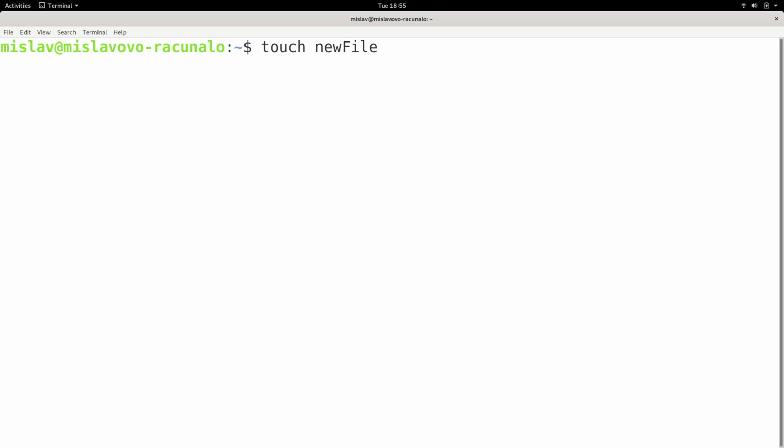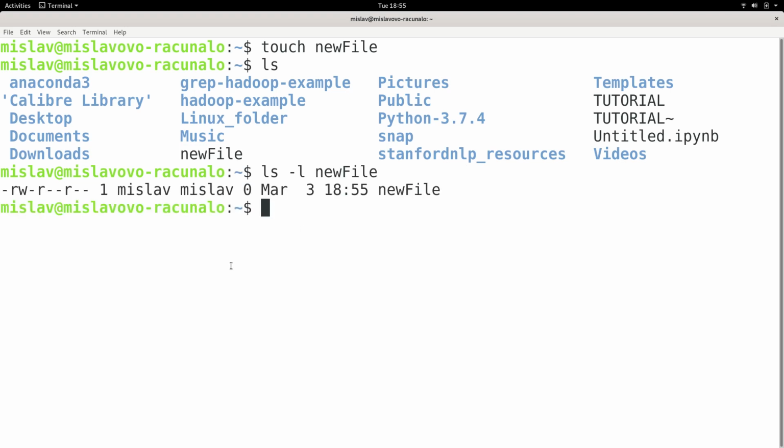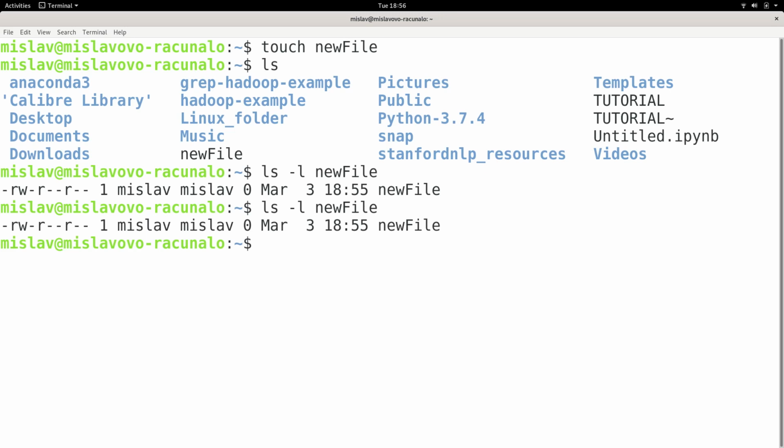Okay. And let's say that I press enter, type in ls, I can see that I have a new file right here. But let's use ls -l on the new file, and let's see the last modified time. So basically this file was last modified on March 3rd, 1855, okay? And now it's 1856, so I press enter again, and I see that this file was last modified on March